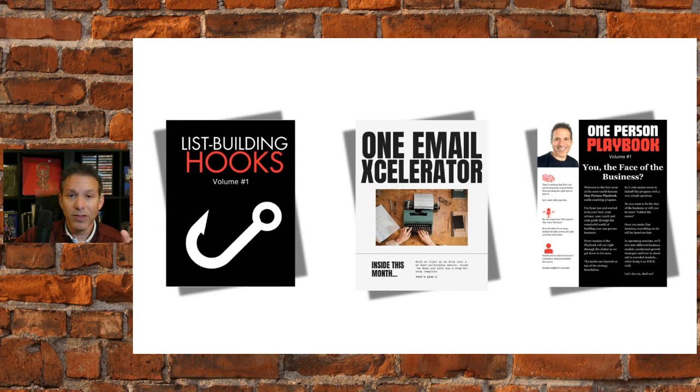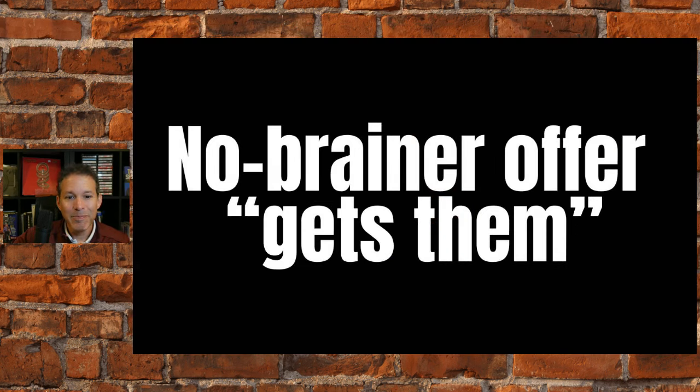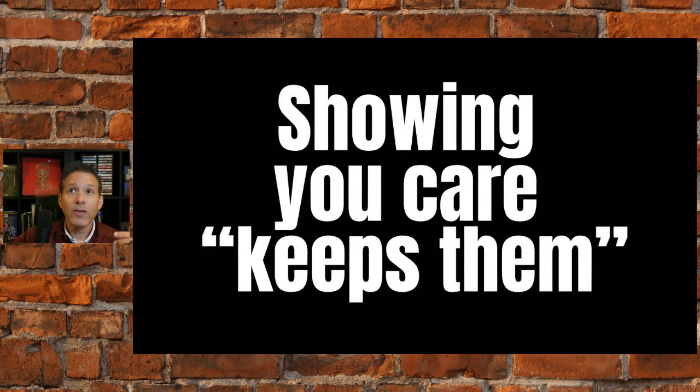GT plus KT equals RR. Get them, keep them, and that's recurring revenue. One of the best ways to learn is to get in. And the no-brainer is what gets them in. So the no-brainer offer gets them in. That's the GT. And then showing you care and actually putting thought into what it is you deliver, not being like